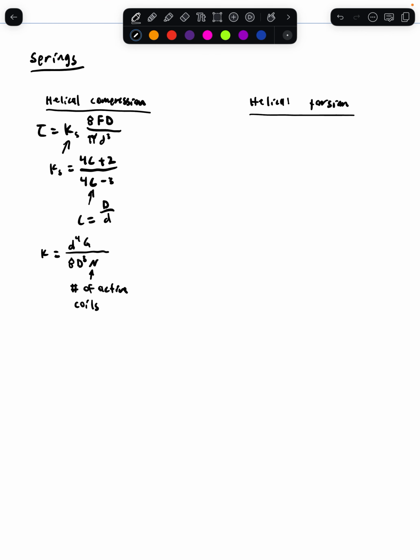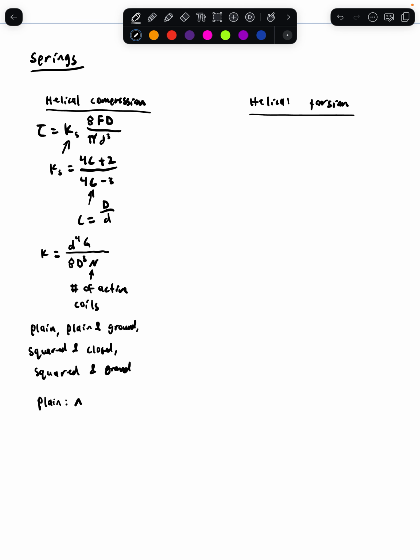So there's a table in the book on page 175, and there's 4 types of spring endings. You can have a plain, plain and ground, squared and closed, or squared and ground. So for plain,